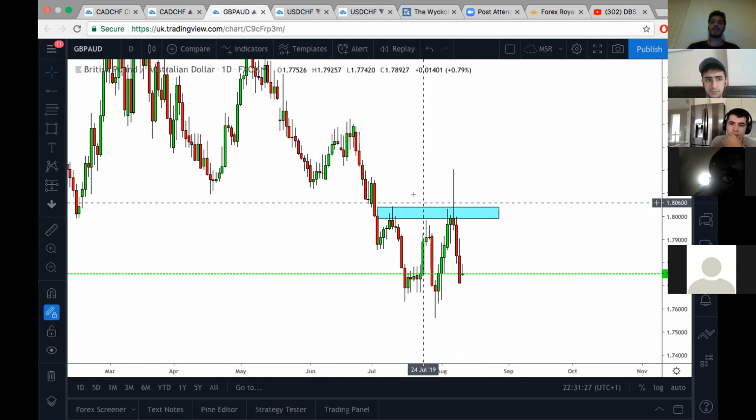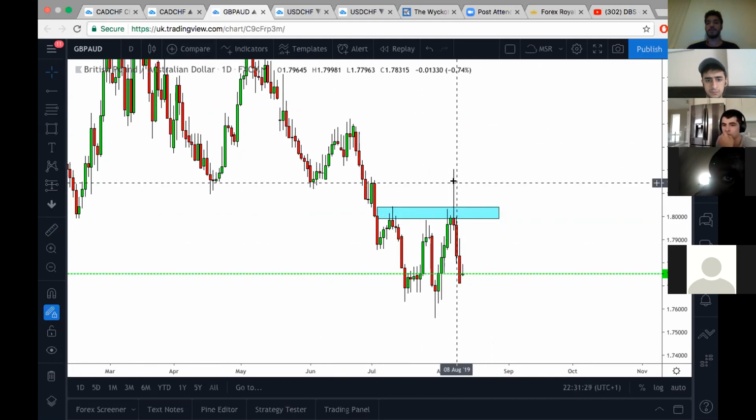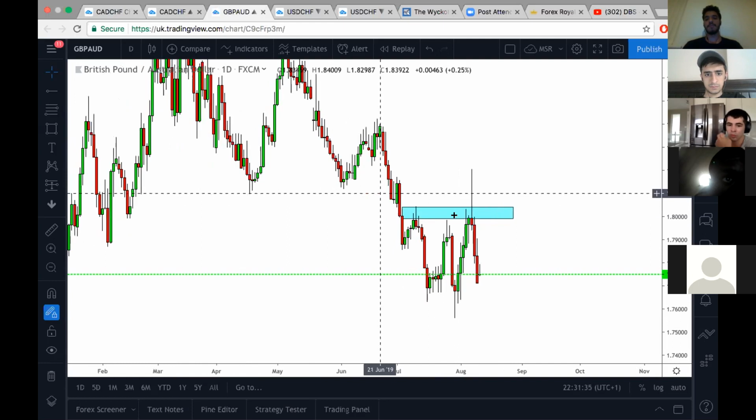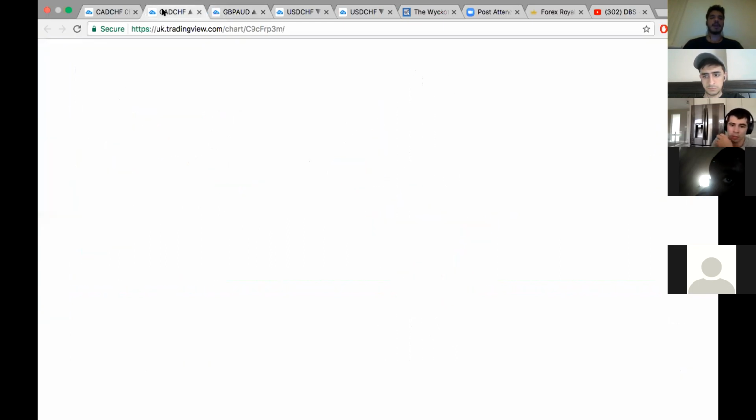Like, you even have the two drives, the breakthrough where people get stopped out, retest. There are just so many matters of confluence indicating that this is going to continue to drop, right? And it happens time and time again. Like, if I go into CAD CHF,